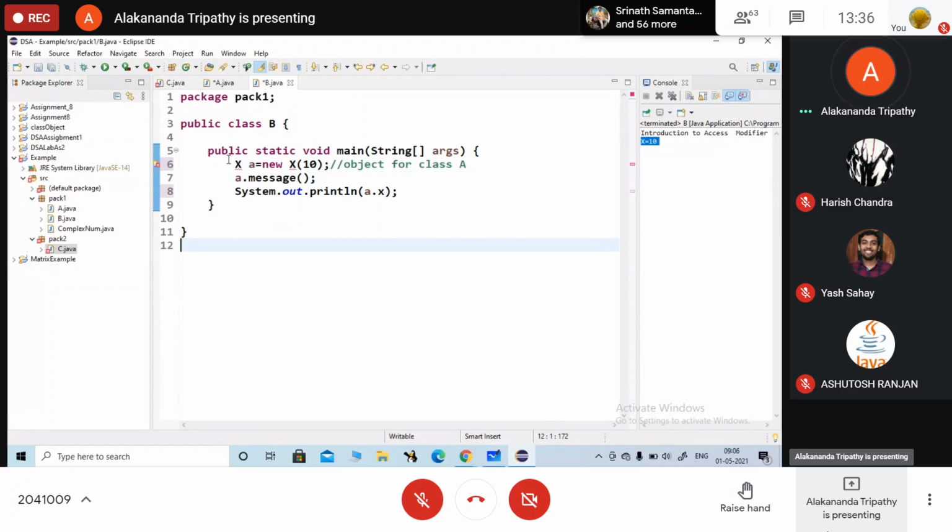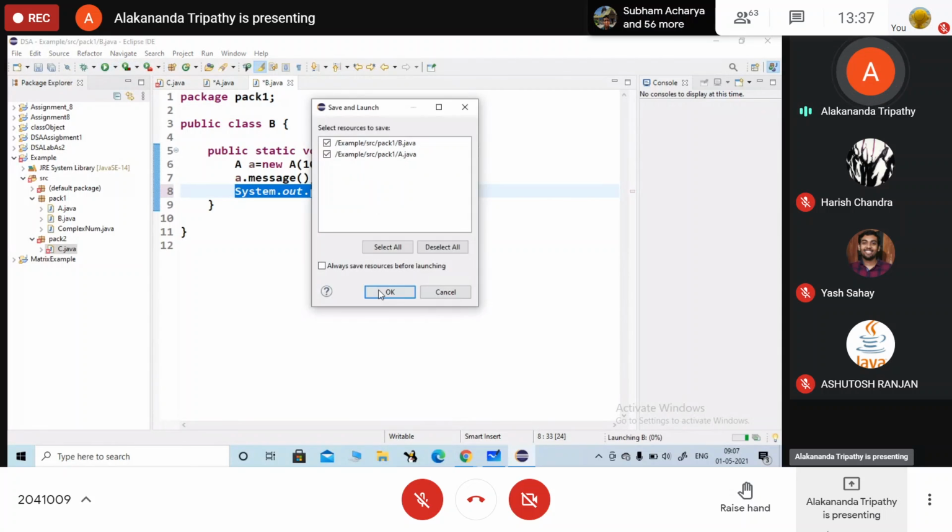Now, ये देखो, ऑब्जेक्ट बना सकते हो. You can access the method within the package. You can access the variable within the package. पैकेज के अंदर भी एक्सेस कर सकते हो.